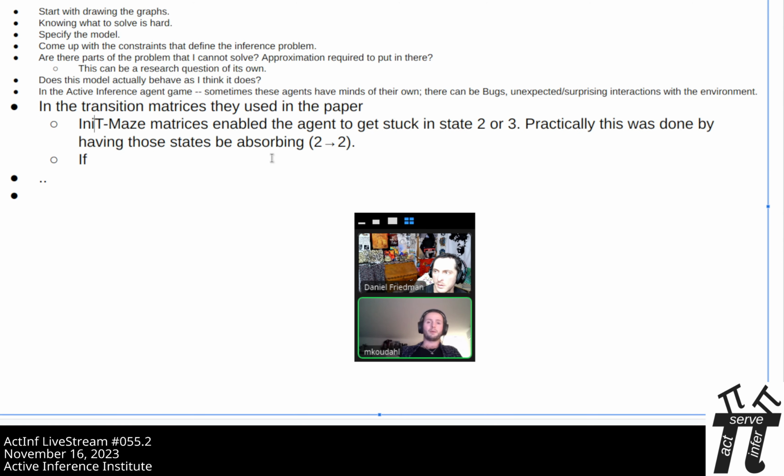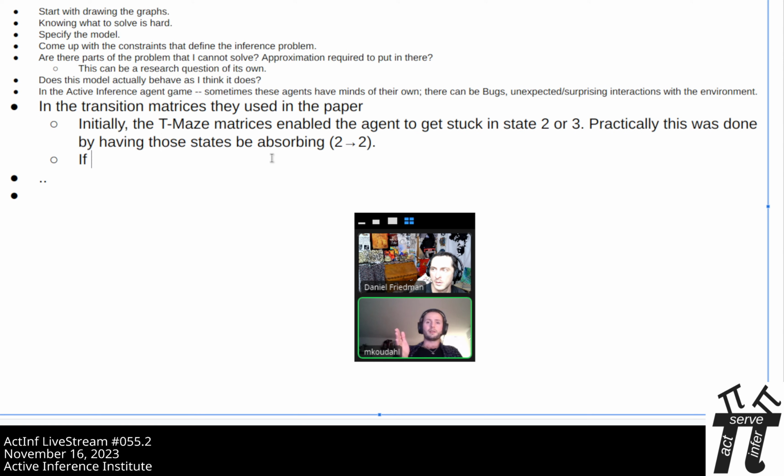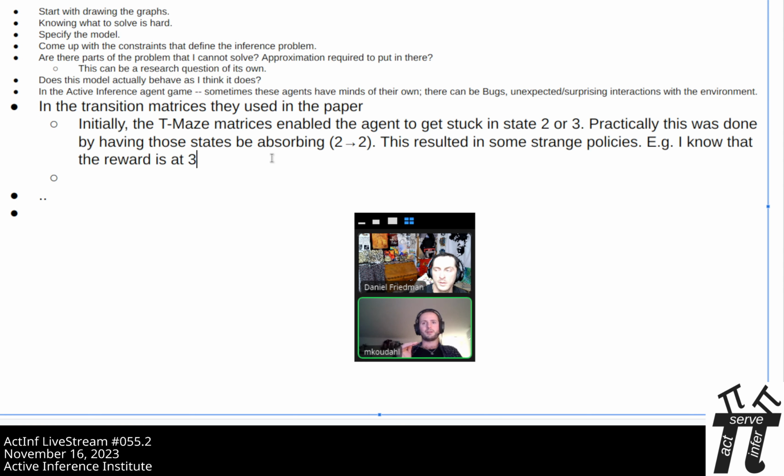Because it'll say, well, I know the goal is at position 3, but I'm going to confidently pick the matrix that corresponds to go to 1, or go to 4, go to 2. And that's because all these matrices allow the reverse mapping from, say, state 2, where you think the reward is, to any of the other states.